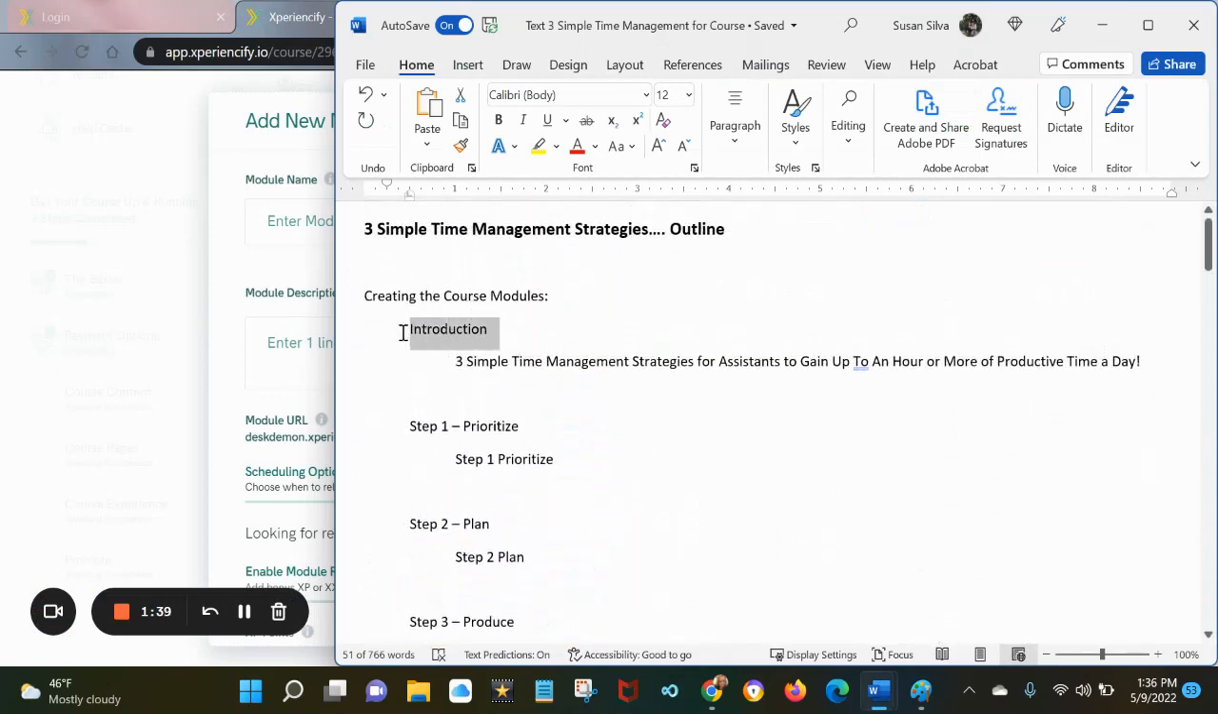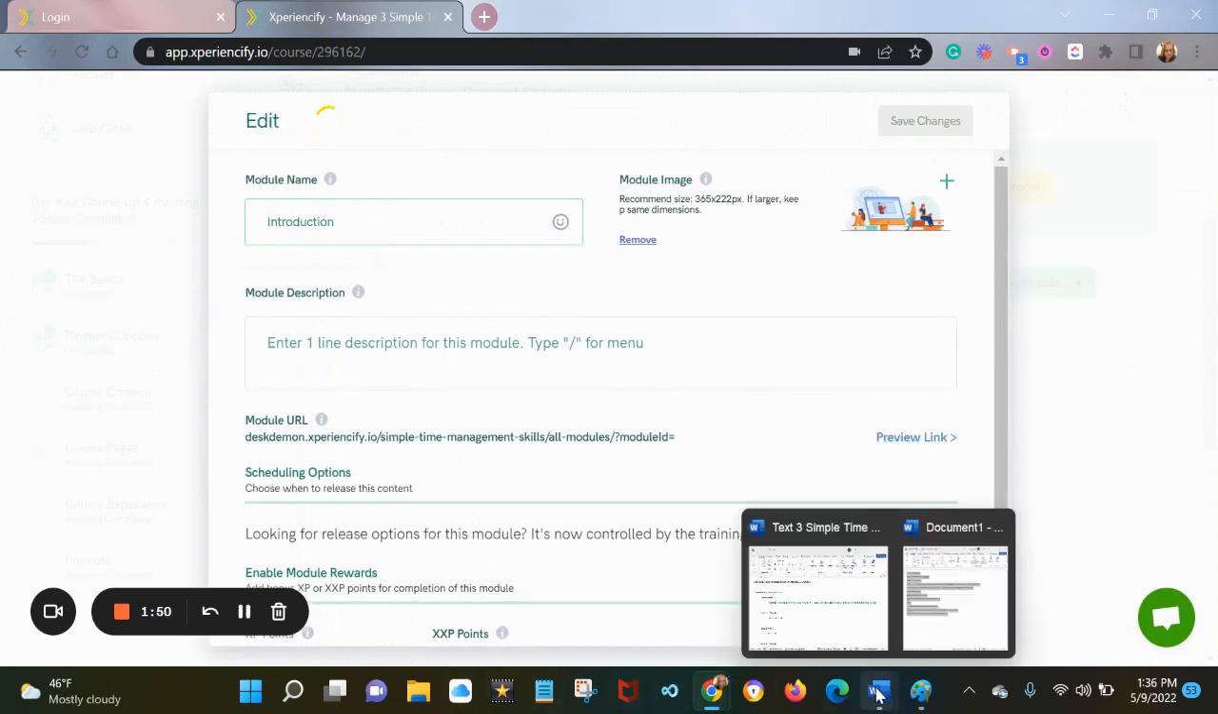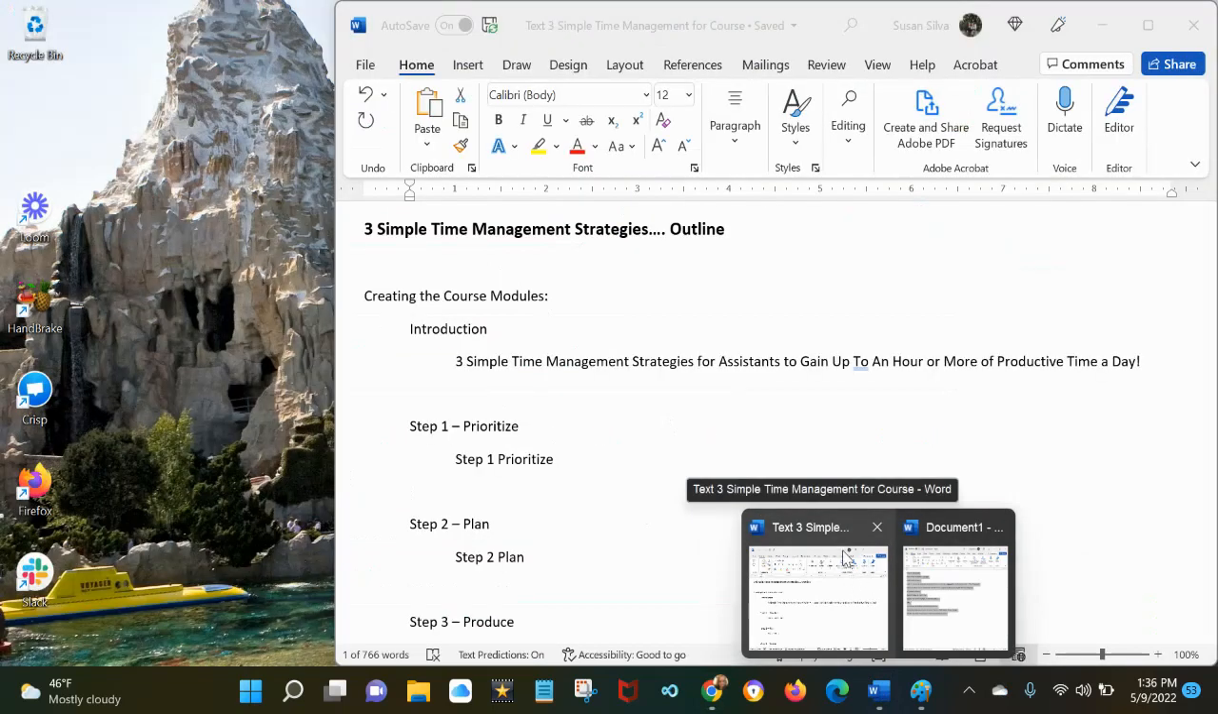But it sometimes will kick me out when I'm on here. If I hit the wrong thing, it'll take me out, so excuse me if I do. But let's copy and paste. That's my name for the first module. That's the introduction. And then